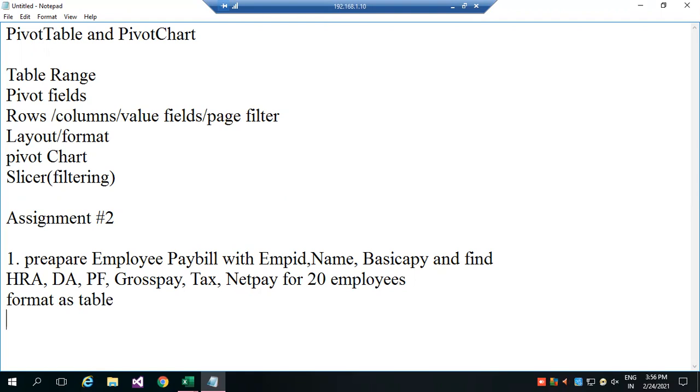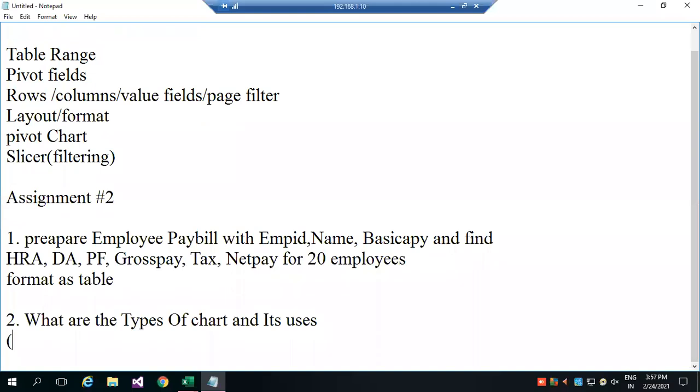Okay. Second one: what are the types of charts and their uses? So minimum you have to explain about 10 charts.